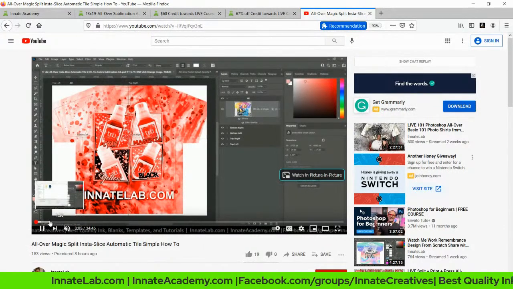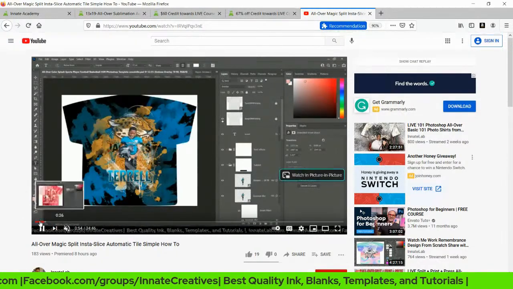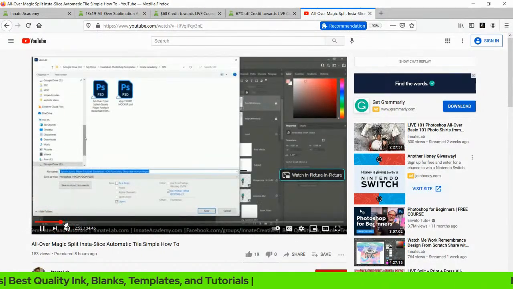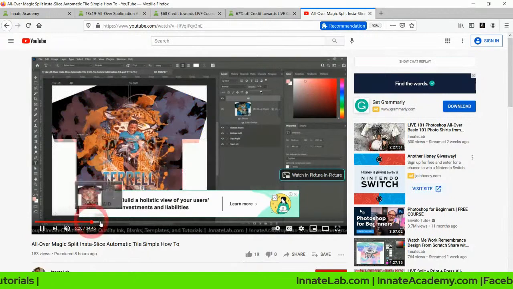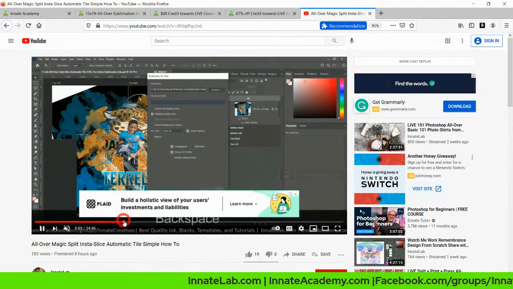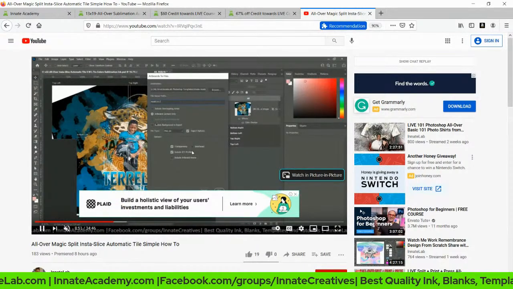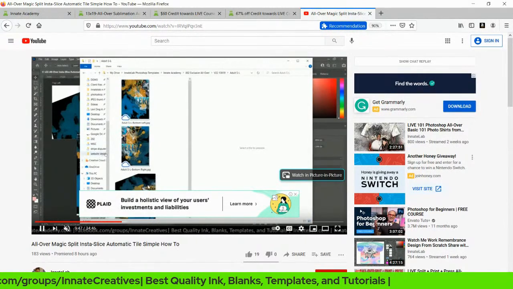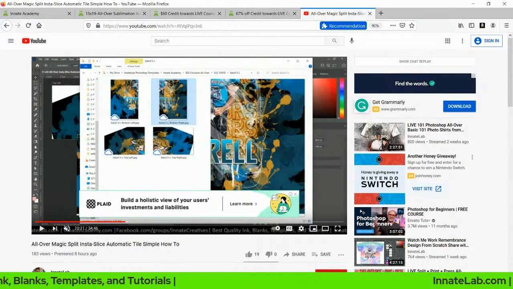It does the work that is really the tough part of doing all overs. So it automatically does the work for you. What happens is you start with the template file. You end up bringing in your artwork, replacing the current artwork. And then you do this function where you let it run. And once you run it, it automatically splits those 4 tiles up for you. You see that? So like I said, the class that we do this weekend, and let me tell you something,